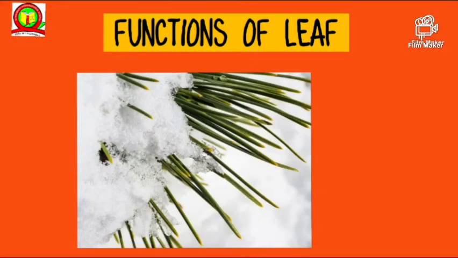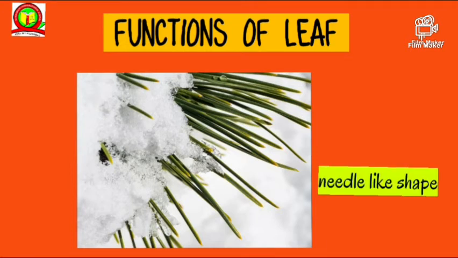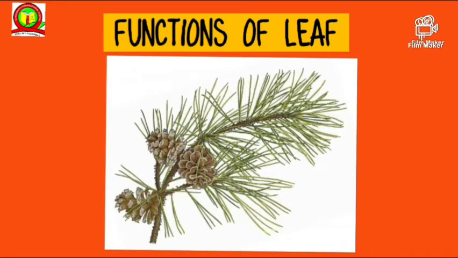The needle-like leaf modification is seen in plants like pine, fir, spruce, etc. The leaves or needles of these trees are kept all the year long. These trees do not freeze in the ice cold winters and can manufacture food even in such chilled weather without losing much water.